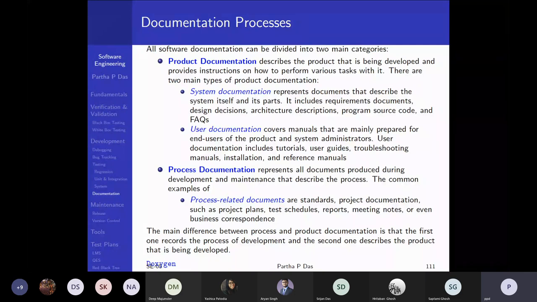So this is the product documentation, and the other is process documentation. That is, what kind of processes have been followed. And